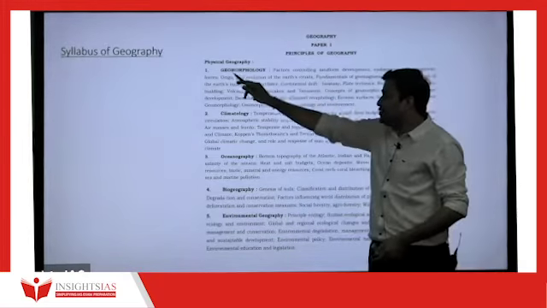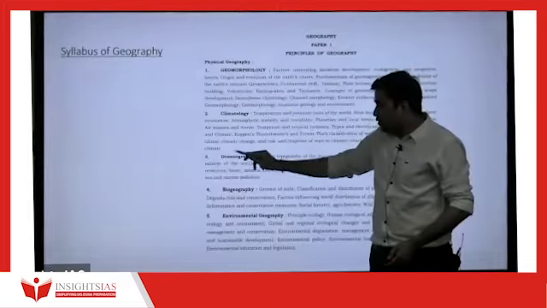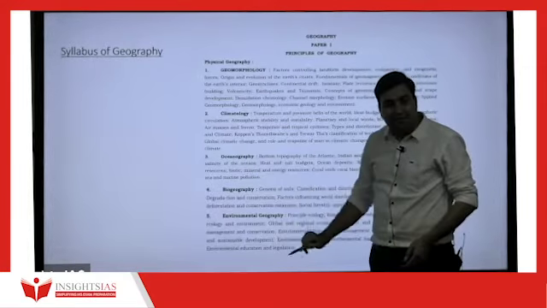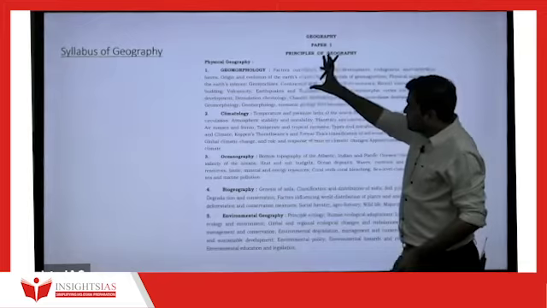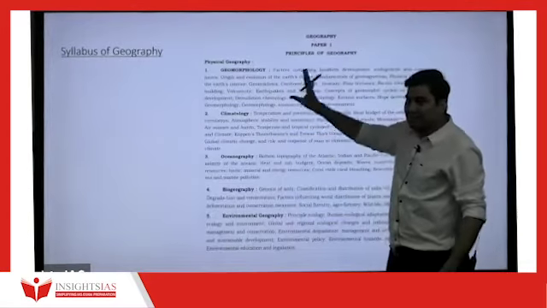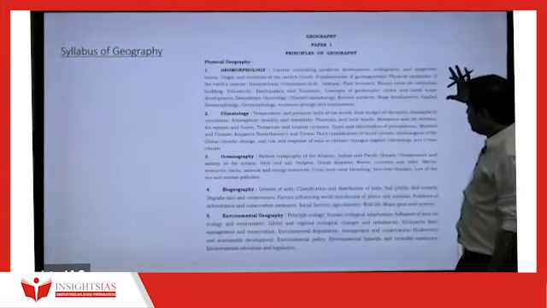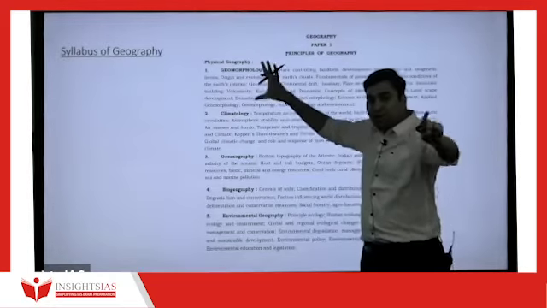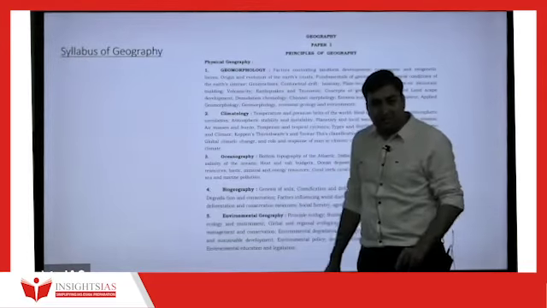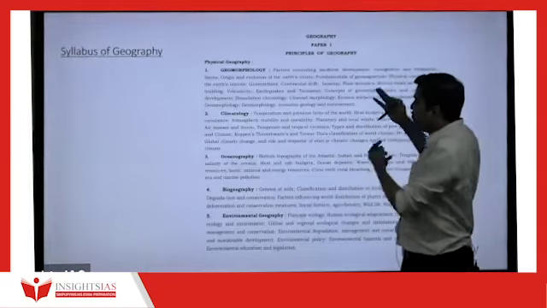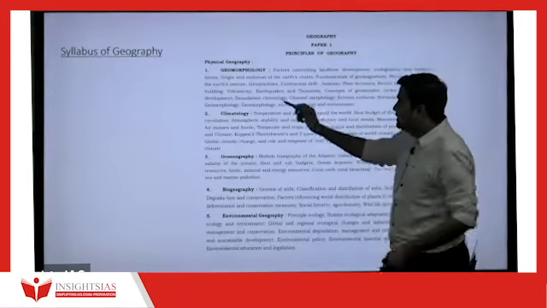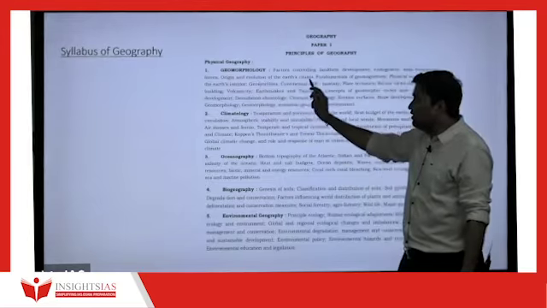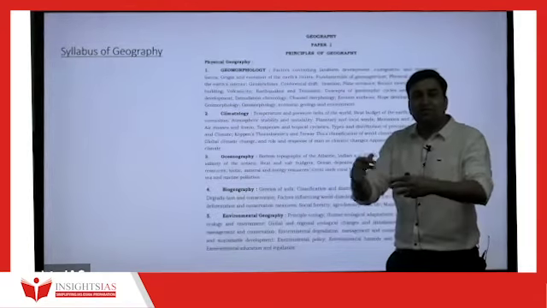physical geography: geomorphology, climatology, oceanography, biogeography, and environmental geography. The vastness is because of this topic. Due to this one topic, the whole geography is criticized. But it is not the case, because this is the easiest topic. Like I said, origin and evolution of the Earth's crust. First, you will understand the origin of the Earth,